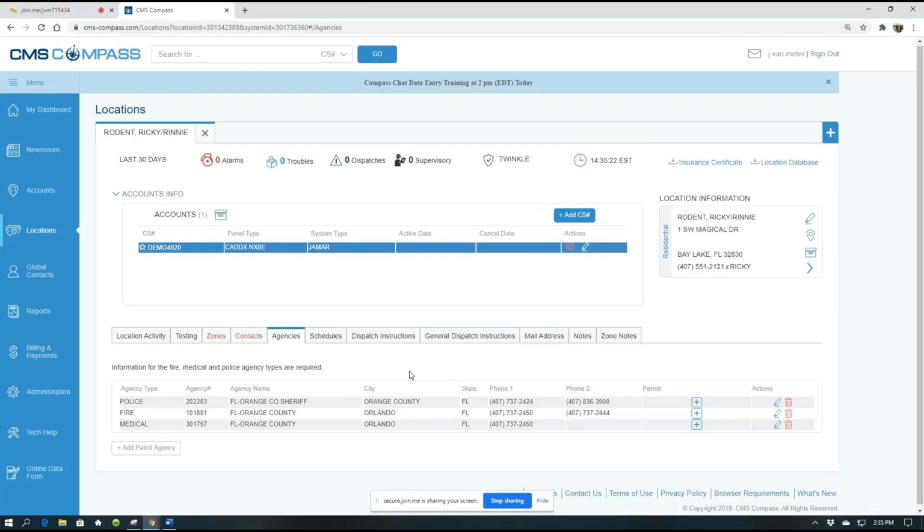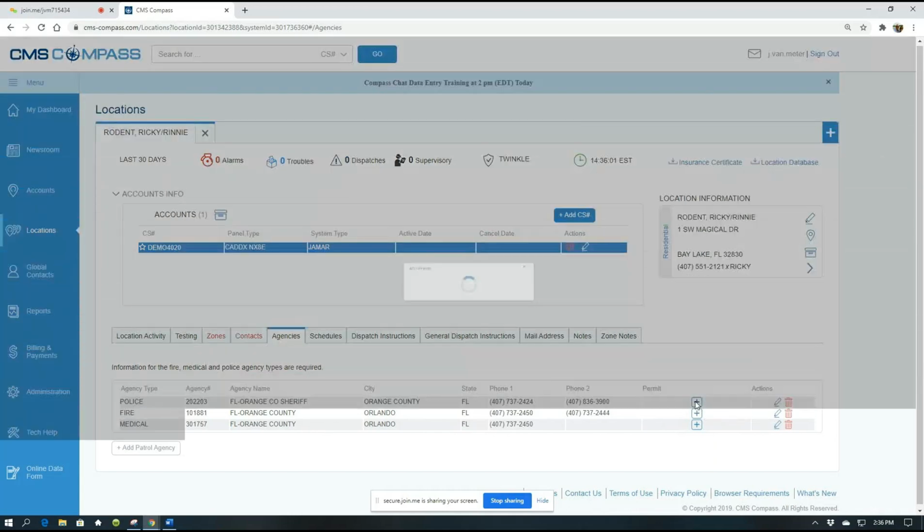Now, with that said, you guys are probably in some areas that might require permits for dispatching police department and stuff like that. So if you're in any areas that require a permit for dispatching, then what you want to do is add it to your police department right here, correct? Because most of the time we don't need permits for fire. We do have it available, but 9 times out of 10, if we need a permit, it's going to be right here on the police. So you'll see the little plus symbol under the permit column. You'll click on that,